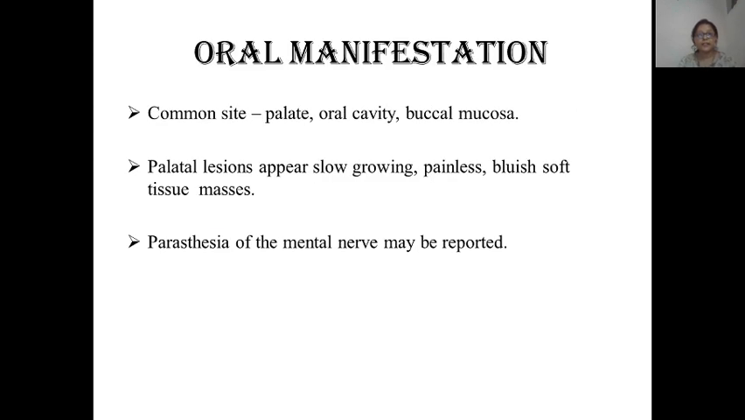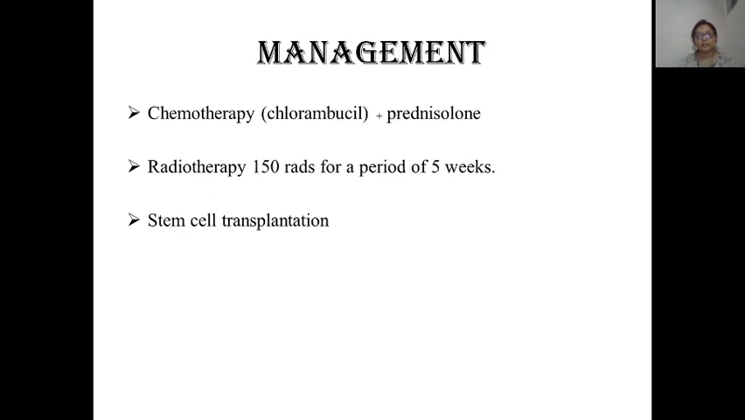Oral manifestations seen are swellings on the palate, oral cavity, and buccal mucosa, and palatal lesions also appear as slow growing, painless, bluish soft tissue masses, and paresthesia of the mental nerve may be reported. Sometimes there is pain in the fifth cranial nerve, second and third division. Management: chemotherapy, chlorambucil plus prednisolone can be given. Radiotherapy, 150 rads for a period of 5 weeks, is done, and stem cell transplantation, allogenic hemopoietic stem cell